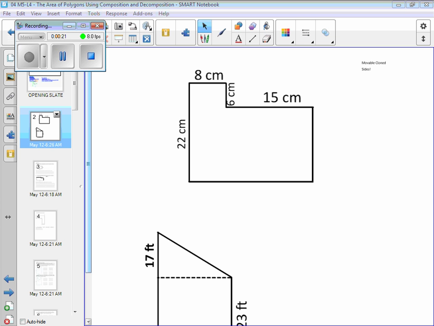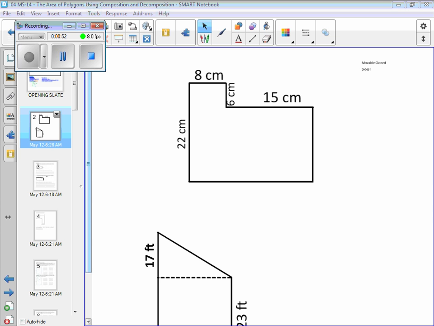Okay? What lesson 4 is all about is you're still going to find the area of polygons. By the way, what's a polygon? I haven't directly discussed what a polygon is. We did quadrilaterals, we did triangles. What's a polygon? The most general, any closed straight-sided shape. So a circle is not a polygon. Any straight-sided enclosed shape. It could be a square, it could be a rectangle, but it can also be things